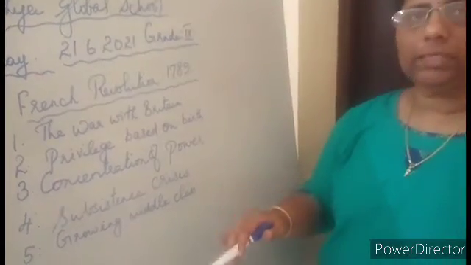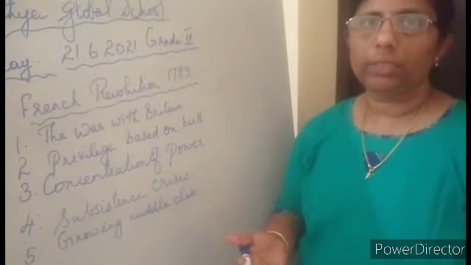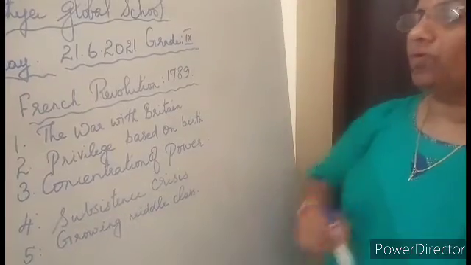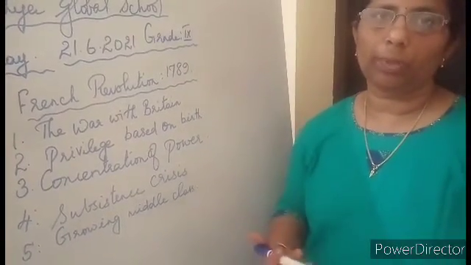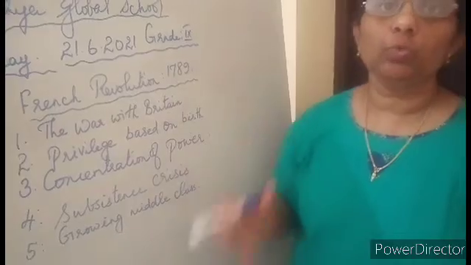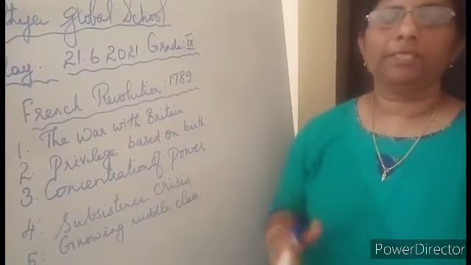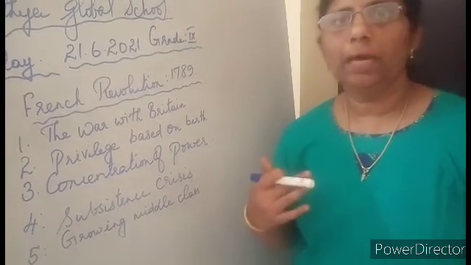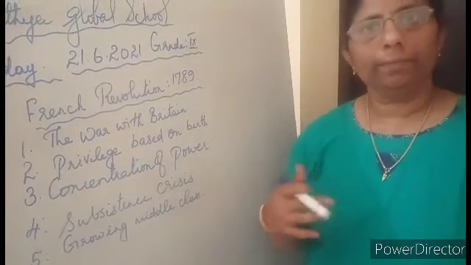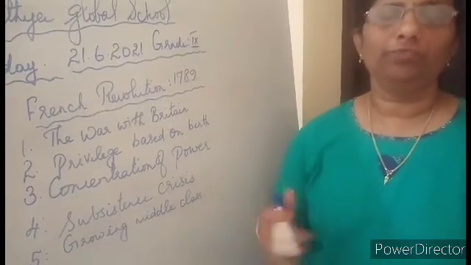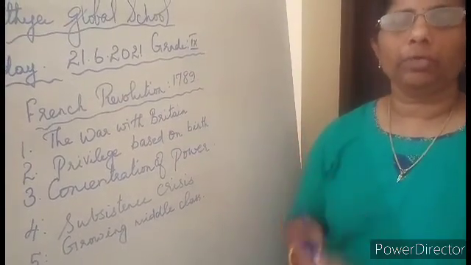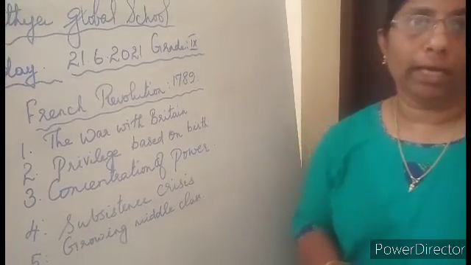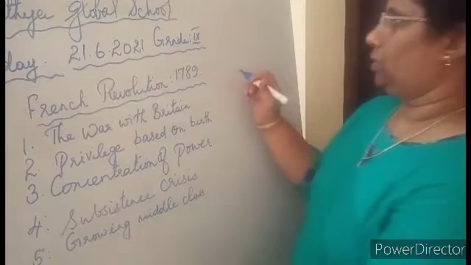Then when the population increased, the demand for food also increased, but there was a shortage of food. So these reasons provoked the people. They marched towards the palace. Some of the revolutionaries went to the Bastille. Bastille means the prison of France. They set the prisoners free, and then all the people revolted against the French government, the French monarchy. Monarchy means kingship.